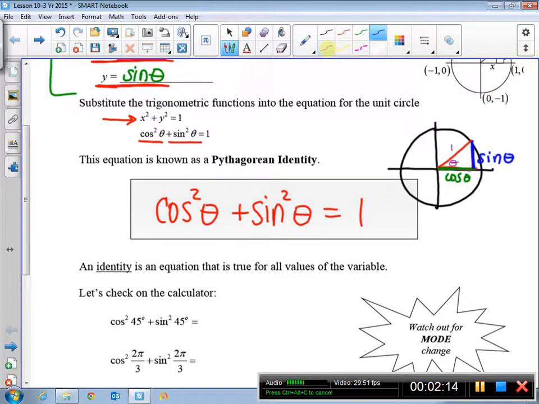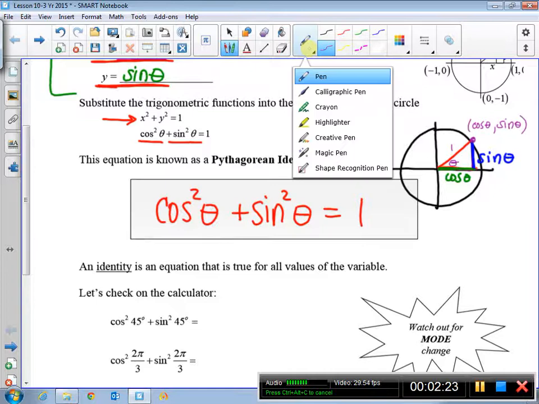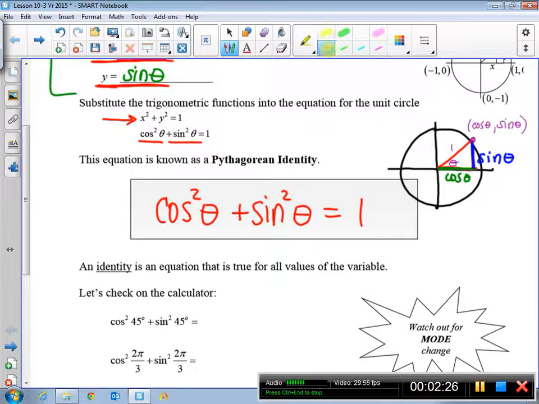So if we move over and up to get to this point, we've gone over cos theta and up sine theta. But what I want you to focus on is that this is a right triangle,